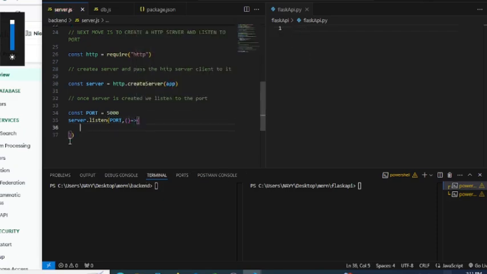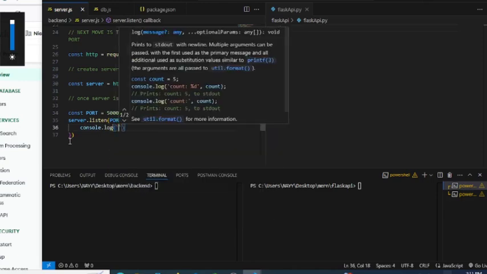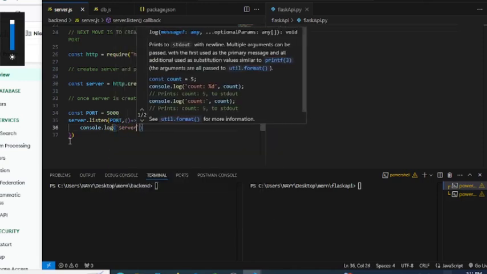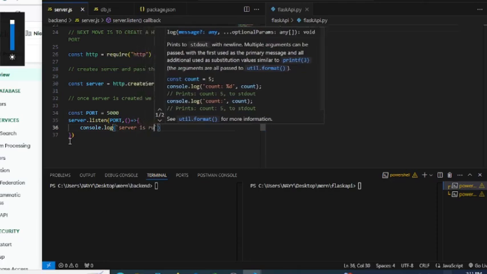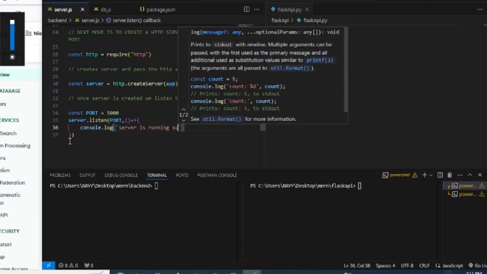So passing an arrow function, just console.log, server is running successfully